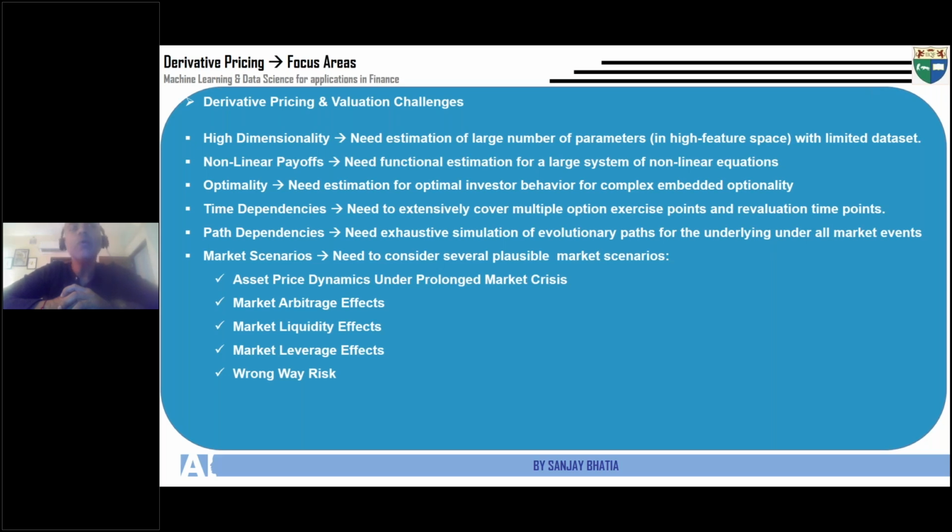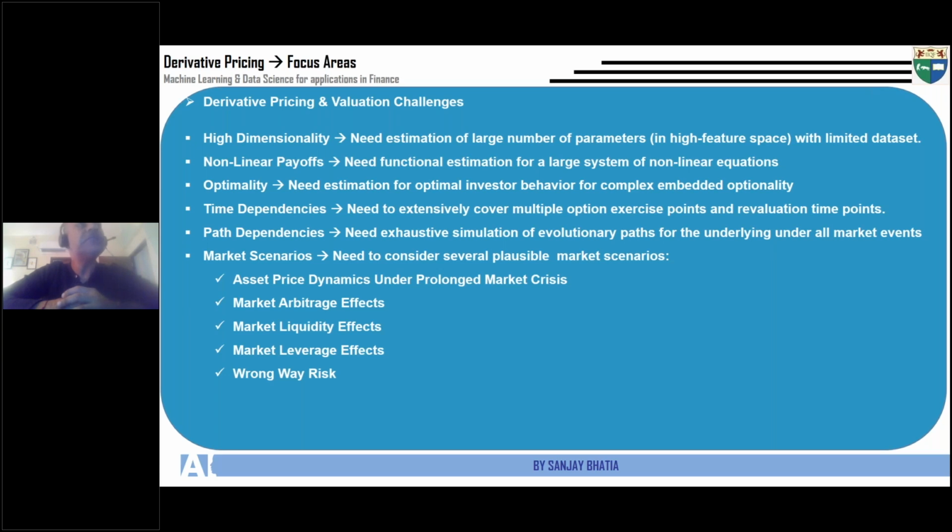The third thing, which is the most prominent problem one could face in front office pricing and valuation, is optimality, right? Optimality means different things to different people, but in general, if you encapsulate it in a broader sense and paraphrase it, what it really means is that you need to mimic the behavior of a rational optimal investor who would exercise a particular derivative or option,